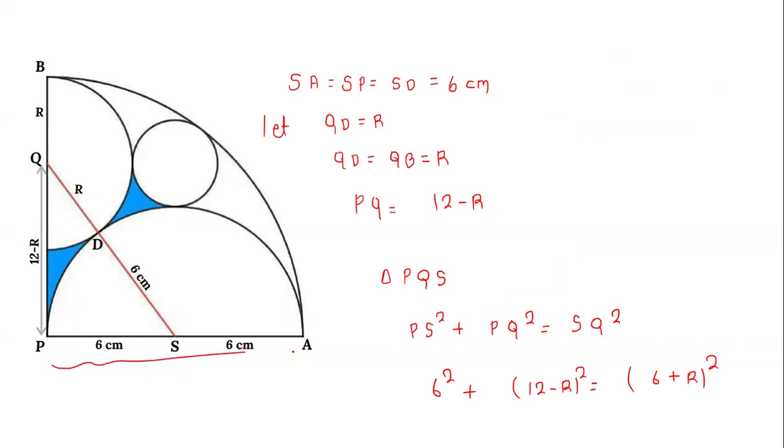In the problem it is given as 12 centimeter. So let S be the center. This will become the radius of this semicircle. So it is 6 centimeter and 6 centimeter, half of the 12, and D is this point on the semicircle. So this is also 6 centimeter, because from the center to any point on the circle the distance is equal to the radius.